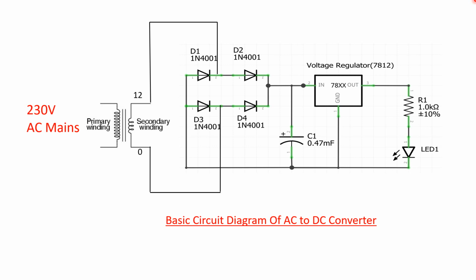So here in this circuit you can see the components which we are going to use while making the AC to DC converter. You can see the component name with the respective price, rating and quantity required by downloading the PDF file from the link provided in the video description. Now moving on to the breadboard circuit.